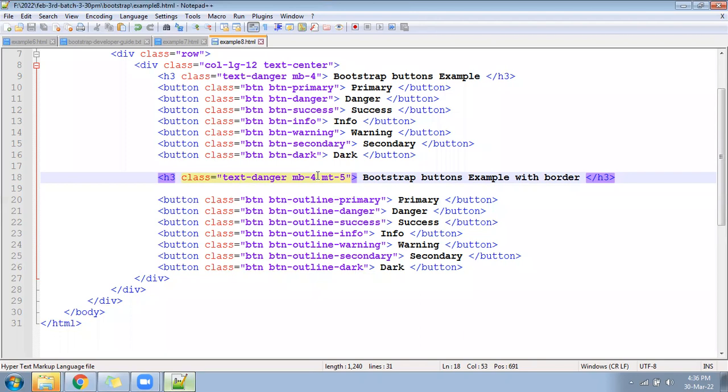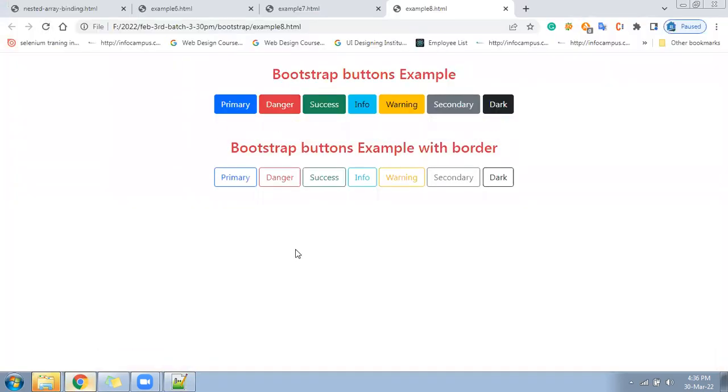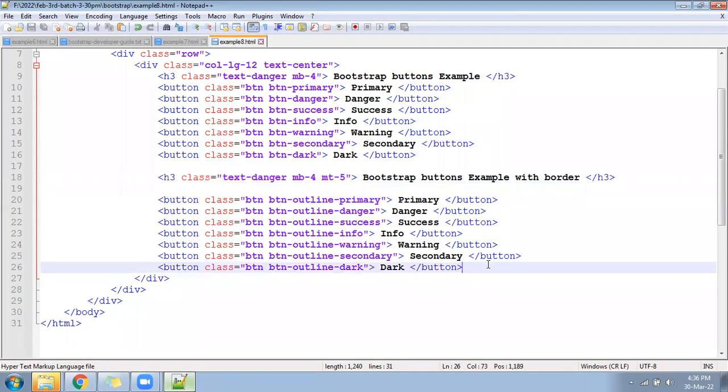Hope ready. Check now. Now let us come to the developer guide. We'll make a next note. For what purpose? The next note will be for when you are going to design a form, which classes you need to follow. There will be certain classes to design a form. For button, you saw the classes for button info, warning and all. Now for forms, which one is that?